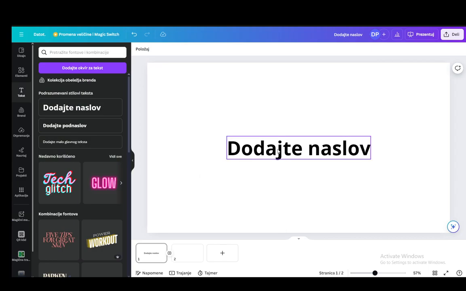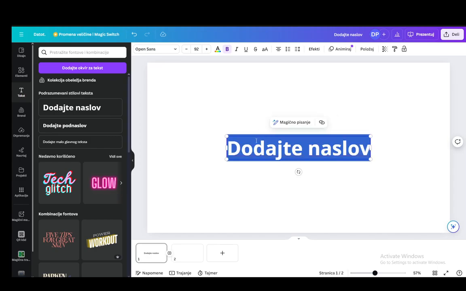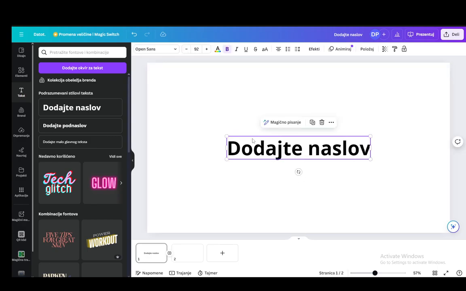Once you've added that, what you need to do after that is click on the text to actually select it, and you want to select the text box. You can select the text itself as well by highlighting it, by clicking again, but just selecting the text box is perfectly enough. Up on the toolbar, then you'll see the animate button, and you just want to click that,